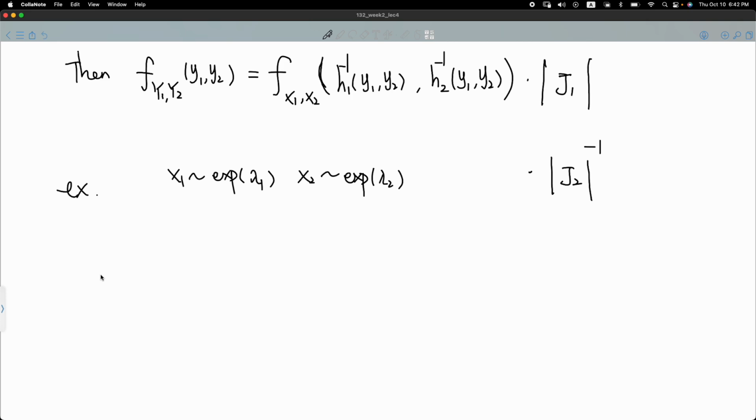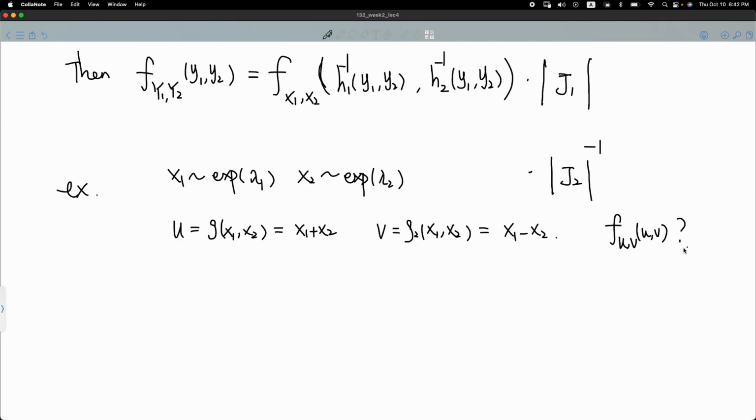I hope I can finish this because there are lots of things to calculate. Okay, so let's define the function g. Let's say we define u is g1 of x1, x2 as x1 plus x2, and then v is g2 of x1, x2 as x1 minus x2. Okay, so obviously we want the function for u and v here. I'm just not going to write it, so let's just write a question mark. Well, we want to get that. Okay, so first step, let's find the